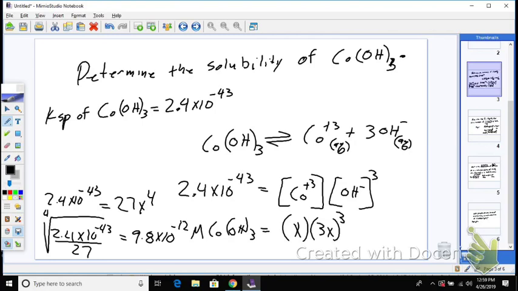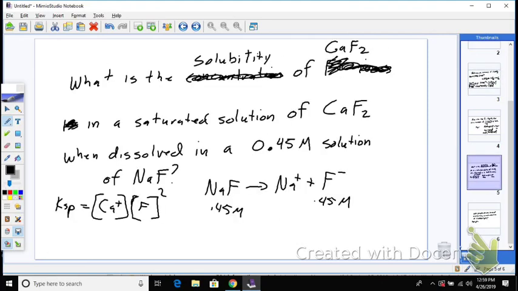So that's why I just leave it as that, and then when I want to put it into here, I know it's a 3x. Because whatever the concentration they give me, I want to plug in there directly. I don't want to take it times 3. There'll be some problems where they'll give you the concentration of the solution. You don't want to multiply by 3 because that's the concentration of the solution. You just want to cube it or square it. So that's why I don't do it, and that's why you shouldn't do it there. But when you set up to solve for x, that's when it would come into play.